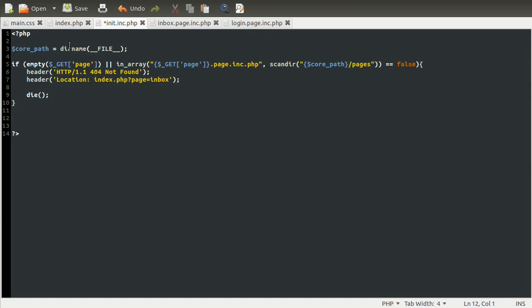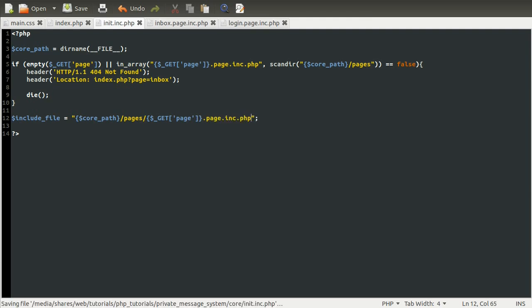So we're going to define a new variable called include file, and this is going to be equal to a string, which is going to be the path to the file that needs to be included. So this is actually going to be what I used in that file exists check a moment ago. This isn't too bad, I only forgot one line. Anyway, so it's core path slash pages slash and then the page name, which is get page, oops, and then it's